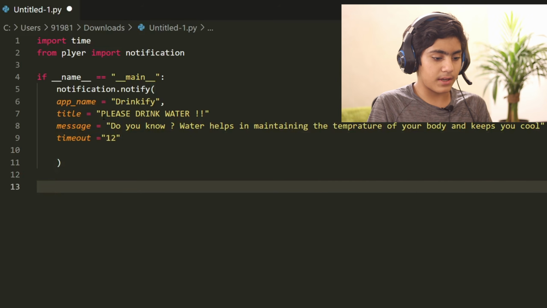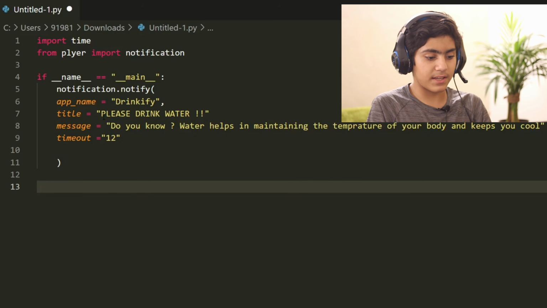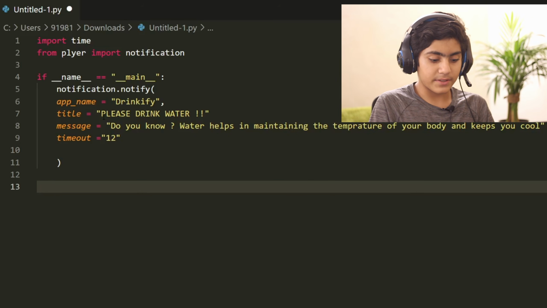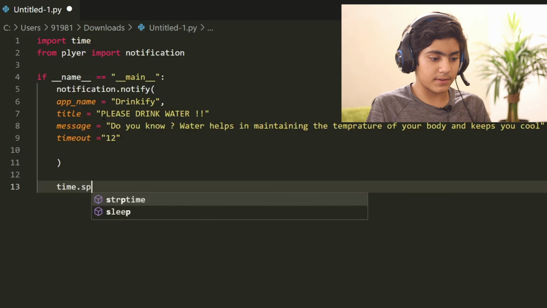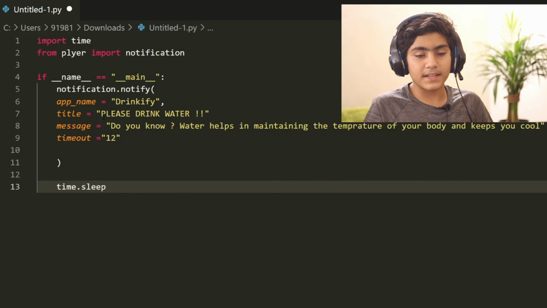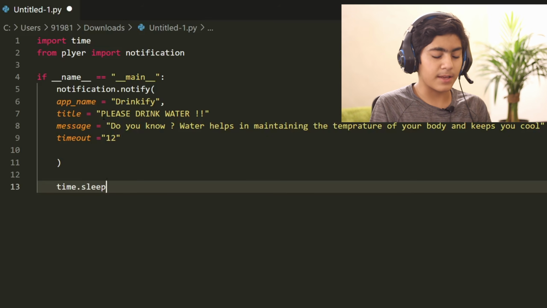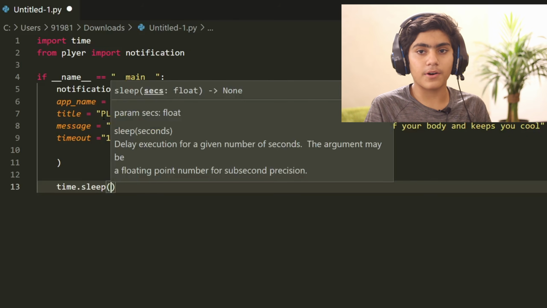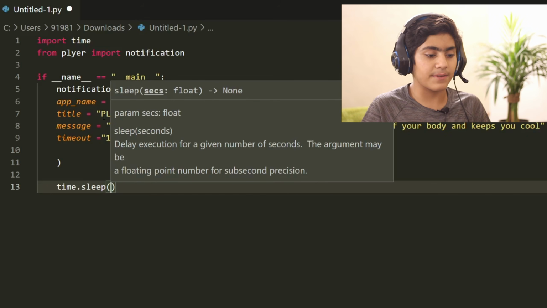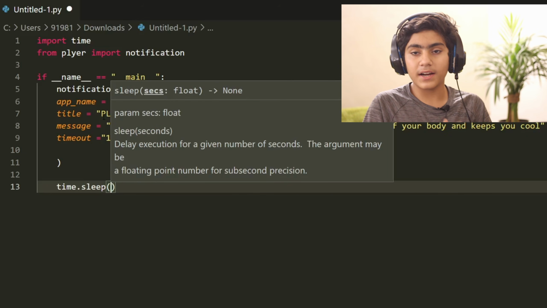After that is done, in that if statement, you can just type time.sleep. That is a function that comes pre-built in time. This will help us tell the program that we want it to notify us every hour.